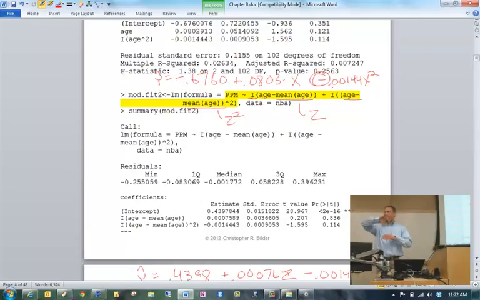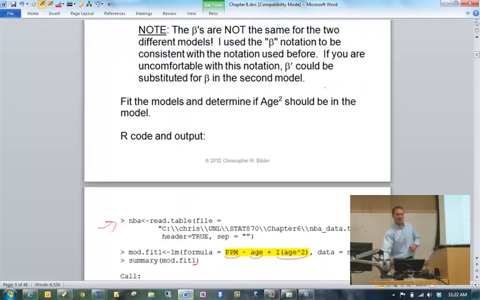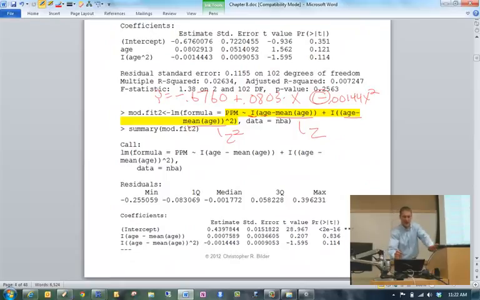I have a concave down shape, kind of matching what my research hypothesis was. But of course, once you take a look at the p-value, 0.114, there's maybe a little bit of evidence, but not a whole lot, that my research hypothesis is actually true.